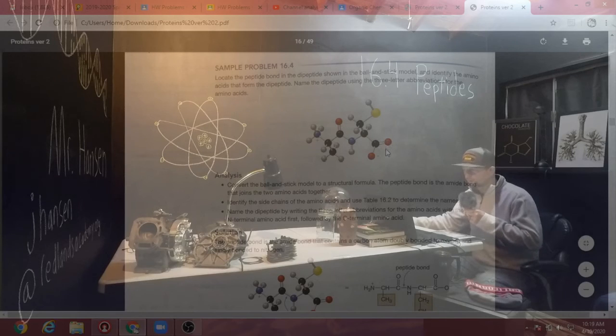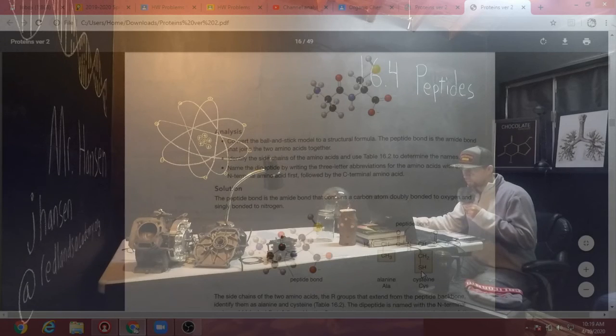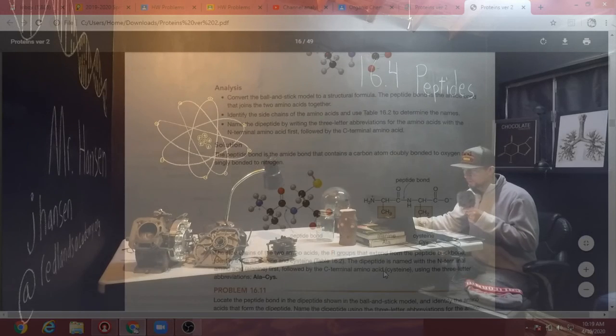And so basically you're looking for the side chains, remember? The side chain for the first amino acid looks like it's just a methyl group, pretty simple one. The side chain for the second amino acid is this CH2 and then SH, right, with the sulfur there, and that would be cysteine. So we have alanine cysteine, but remember we don't say it that way, we say alanyl cysteine, but they asked you to do the 3-letter abbreviation, so it's just